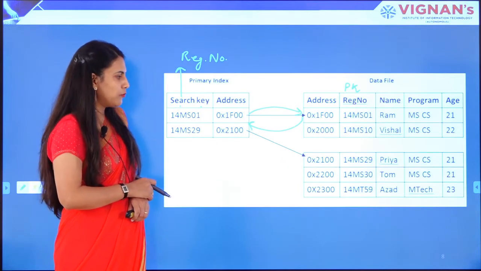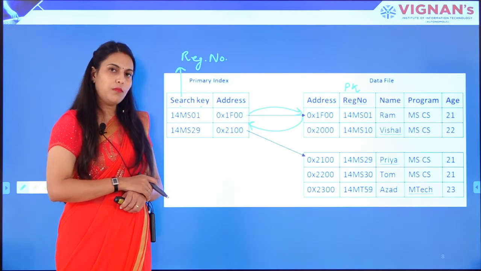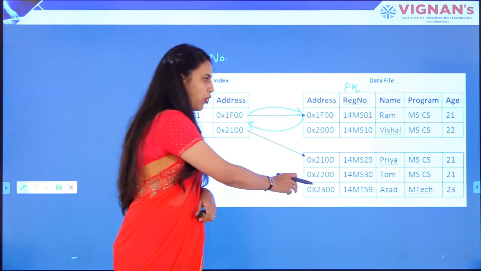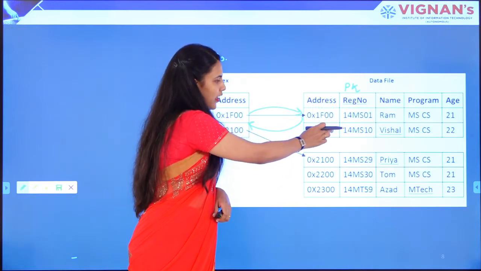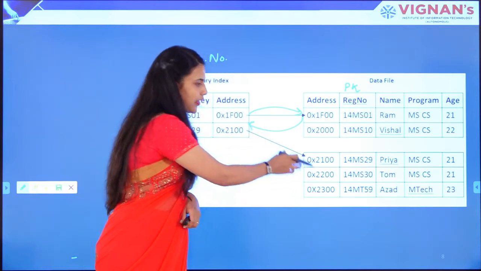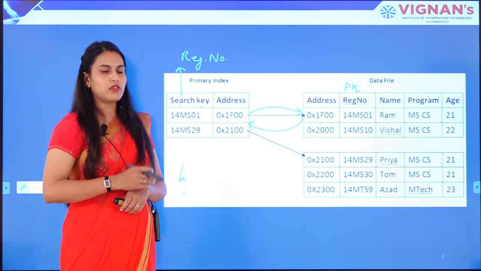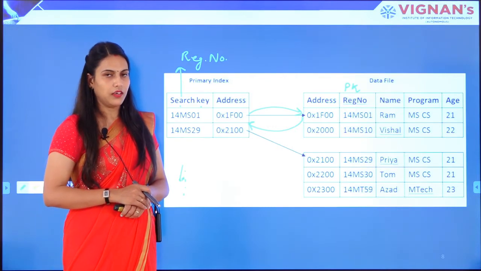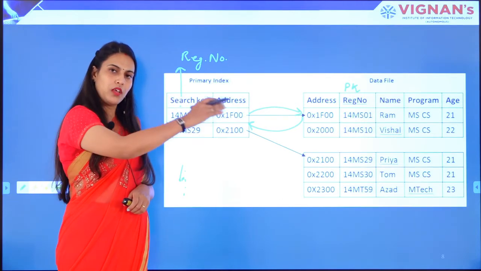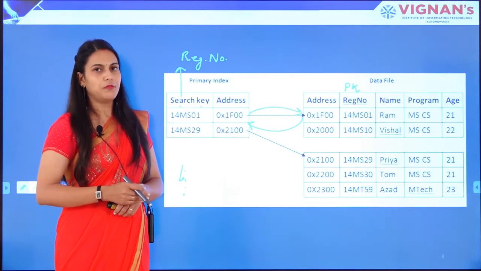Now suppose I am looking for a record with the student name Tom. The required record is available in the second block. So we don't need to transfer this block to the main memory. We will simply transfer the second block to the main memory. Thus we are minimizing the input output cost, which is the objective of indexing. So indexing wants us to transfer less number of blocks from secondary memory to the main memory so that the query processing will be faster.